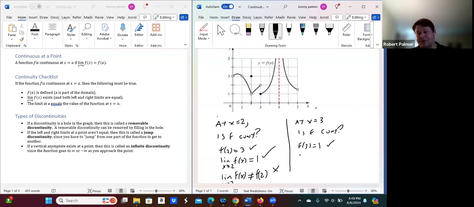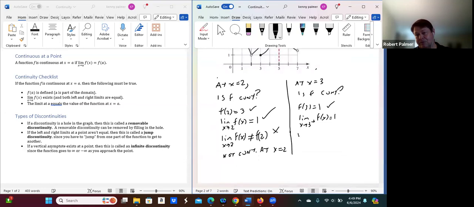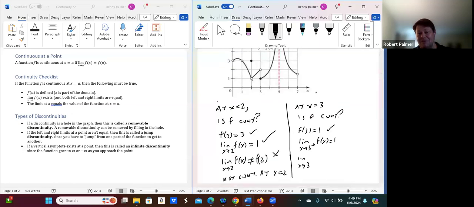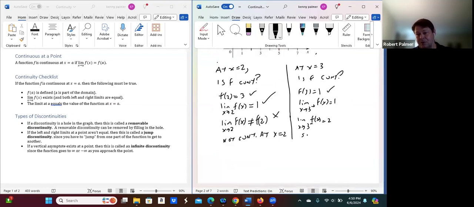Now, what about the limits? Here's where you could have an issue. The limit as x goes to 3 from the right, coming from the right, is actually equal to 1. And the limit as x goes to 3 from the left, coming from this direction, goes to 2. So of course 1 is not equal to 2. So, not continuous